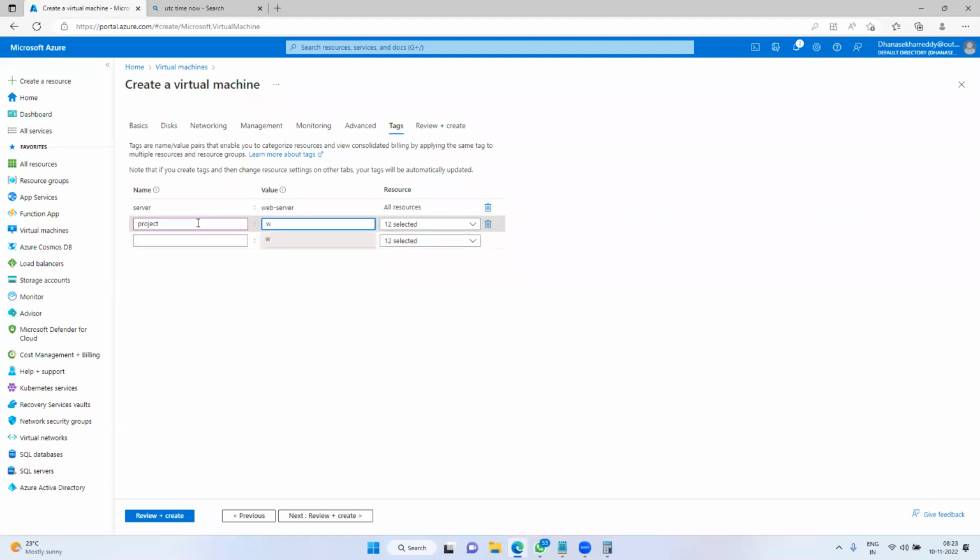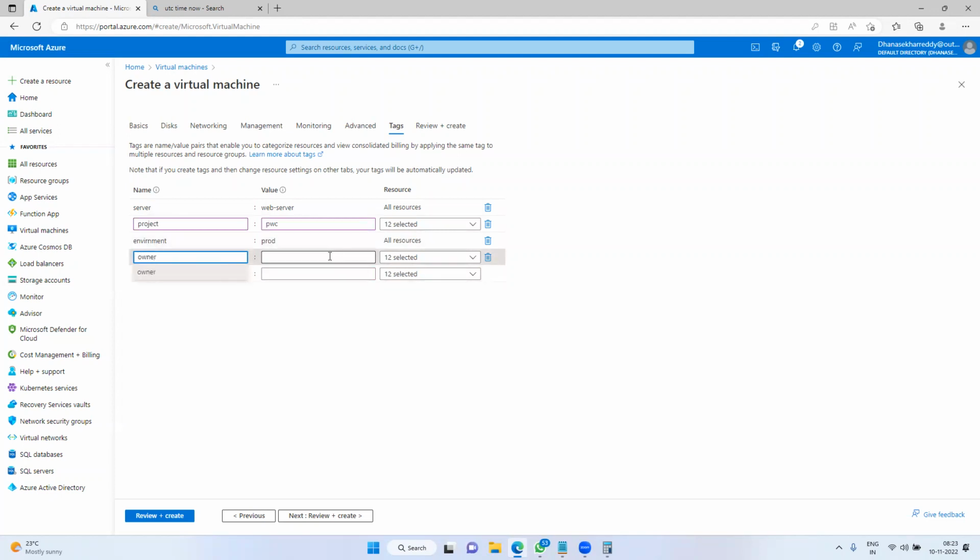I can say PwC. Environment, so I can say production. Owner. Who is the owner of this server or project? Mike@PwC. Project code, I can say PwC something.